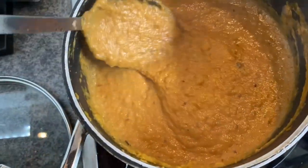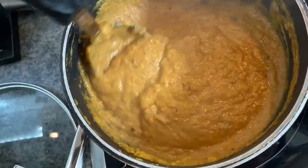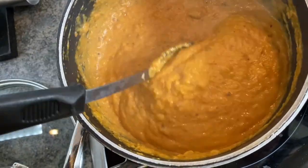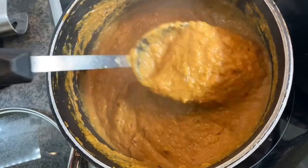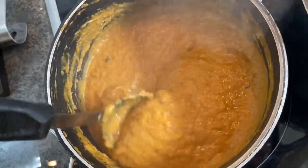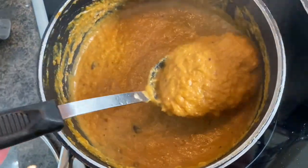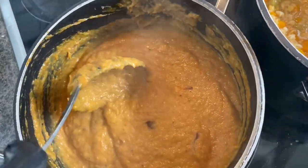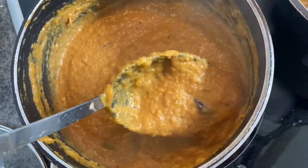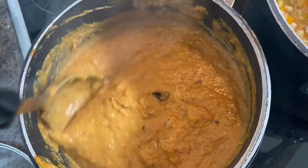And then this, if you did take off the skins, this would be really smooth, but I've left it quite chunky because we quite like it like that. You could thin it down if you want to make it a runnier soup, but Steve always likes to have a soup that's like a meal. He doesn't like thin soups that are not proper lunches. So this will be perfect for us. And I love how there's little bits of roasted butternut squash that are still in there. Really, really